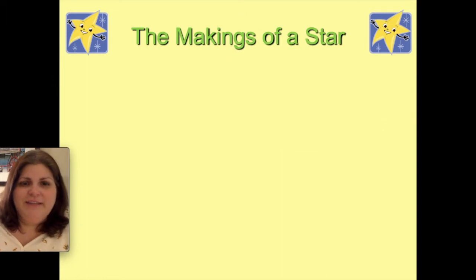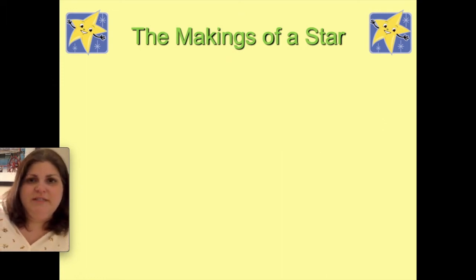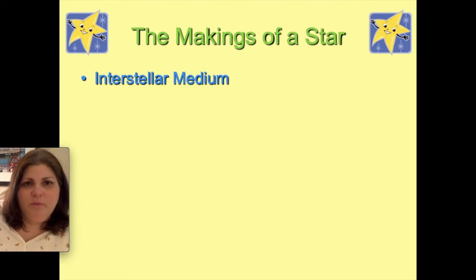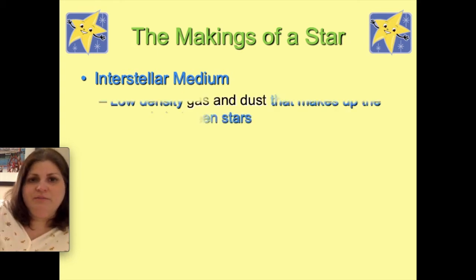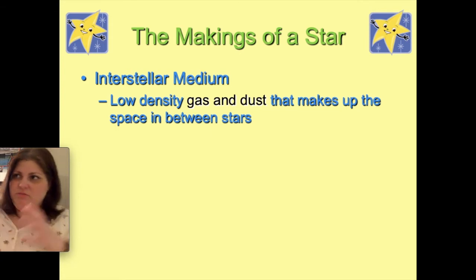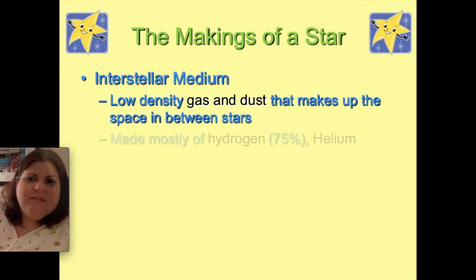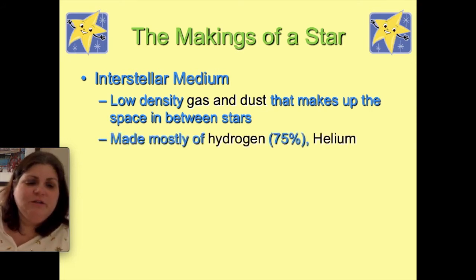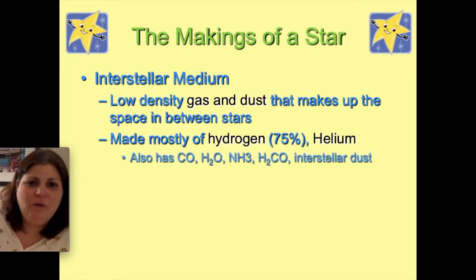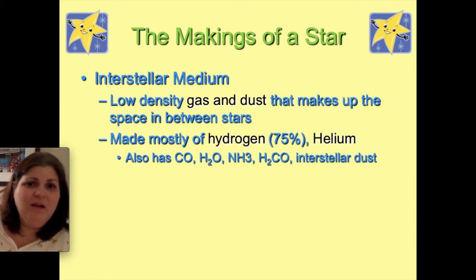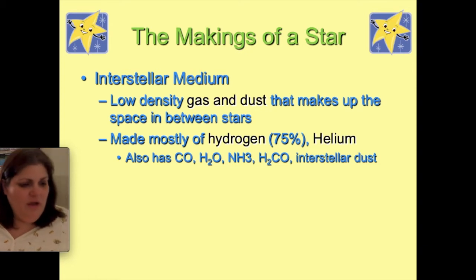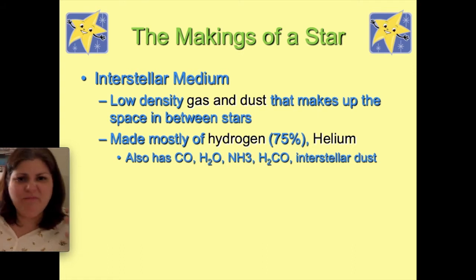Regardless of a star's size, anything that's big enough to become a star starts off as the same thing. All stars start off as part of what we call interstellar medium. Inter means between, and stellar, of course, refers to stars. So this is the stuff that is between stars. It exists just as a stray atom here and there. It also exists in low-density clouds of gas and dust. Mostly what's between stars is the most abundant material in the universe, which is hydrogen and helium. In addition, we also have some common molecules like carbon monoxide, carbon dioxide, water, ammonia, etc., and dust,